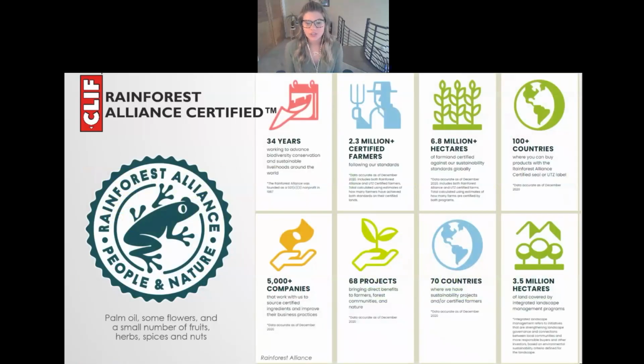Moving on to our next seal that I want to talk about today, the Rainforest Alliance Frog Seal stands for a better future for people and nature. Certified farms are better and safer places to live and work, where human rights must be respected. Farmers receive training which address issues like child labor and promote gender equality and non-discrimination. Independent studies have actually demonstrated that workers on certified farms are more likely to have better working conditions, personal protective